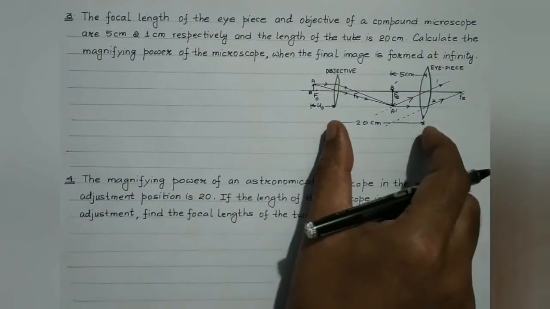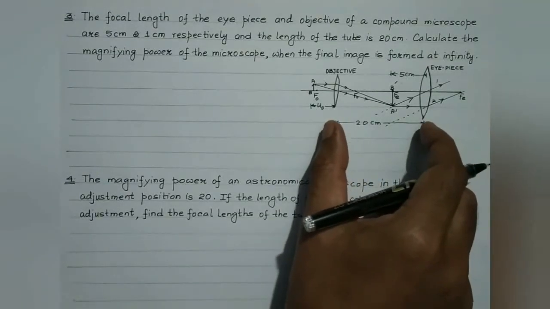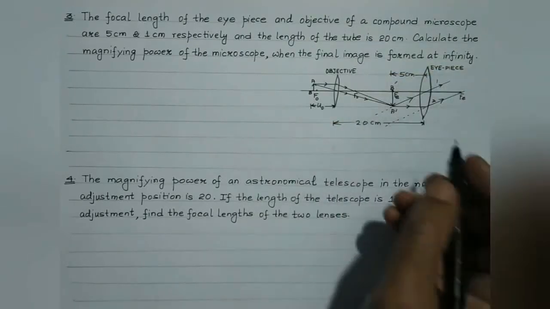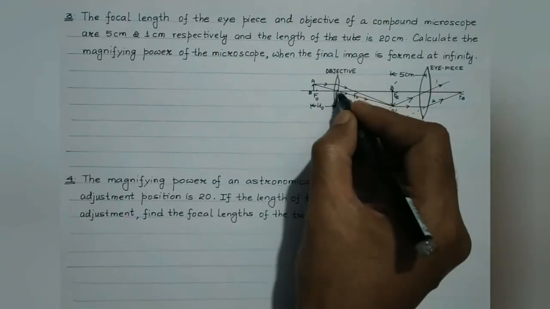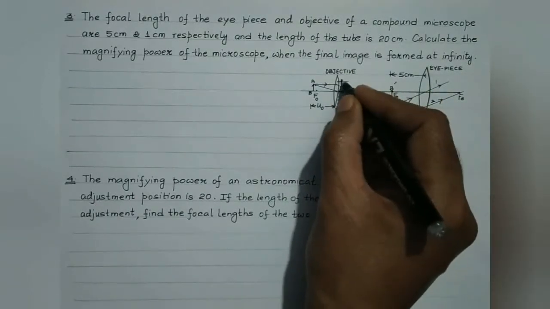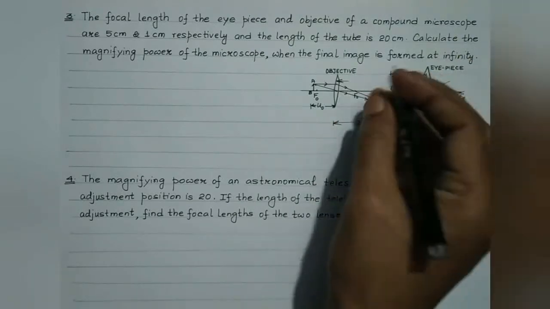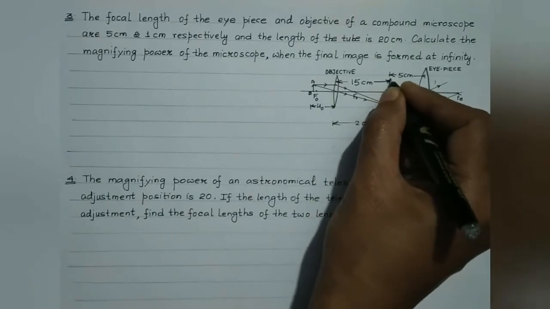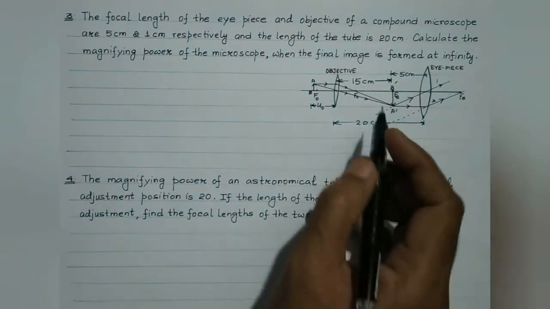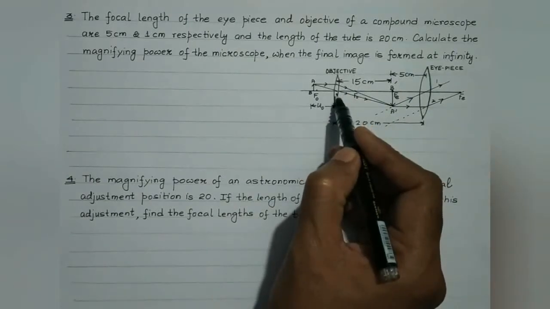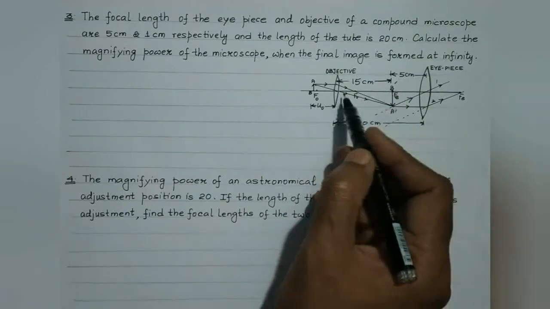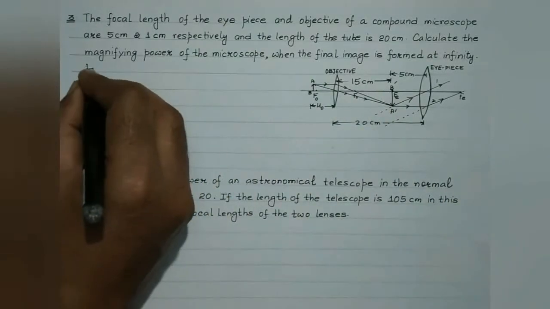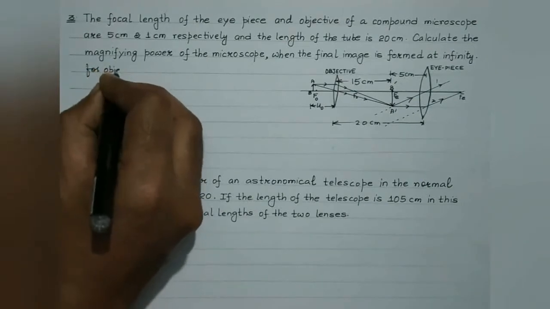Now students, the distance between the objective and the eyepiece, that is the length of the tube, is given to be 20 centimeter. This distance is 5 centimeter. So the distance of A dash B dash from the optical center of the objective would be, it's pretty clear, 20 minus 5, that is 15 centimeter. Right? So for the objective lens, we are aware of its focal length, we are aware of the distance of the image. So the object distance u0 can be easily found, right? So let's consider the objective lens.